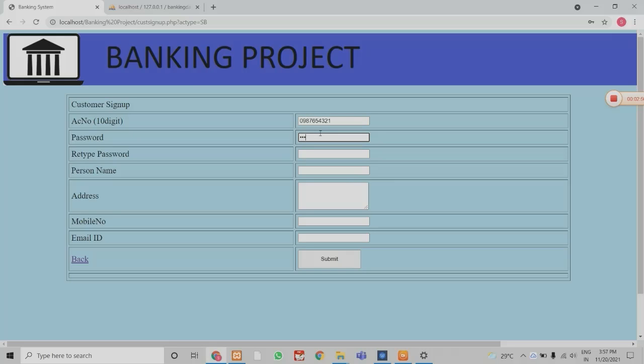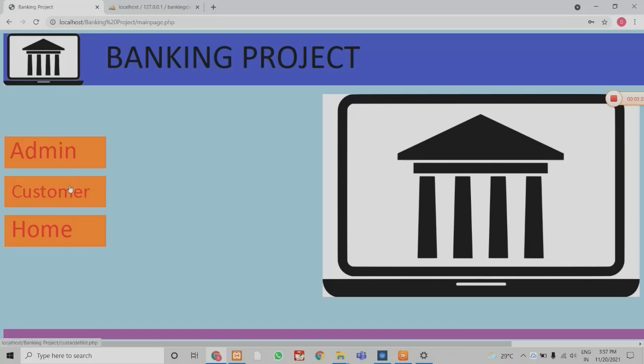After completing this whole form, the record inserted message will appear. After submitting, it will tell you your record is inserted. Go back to customer.